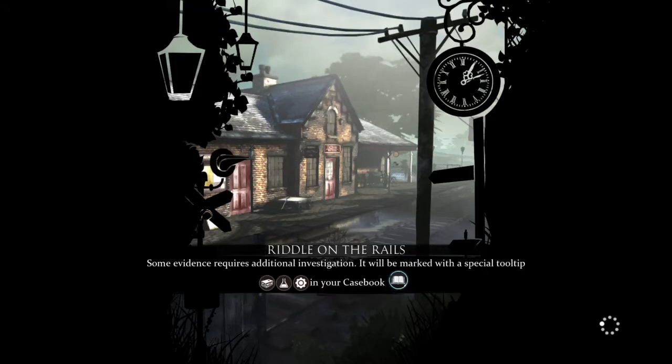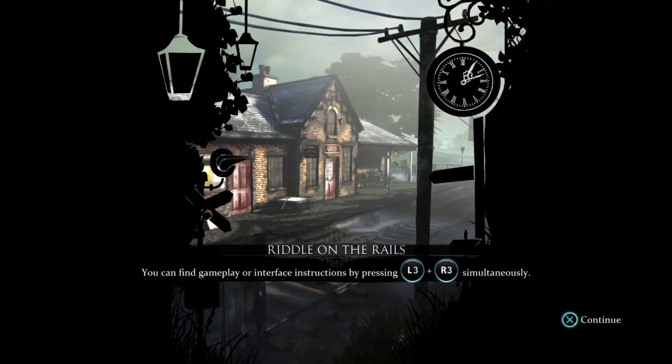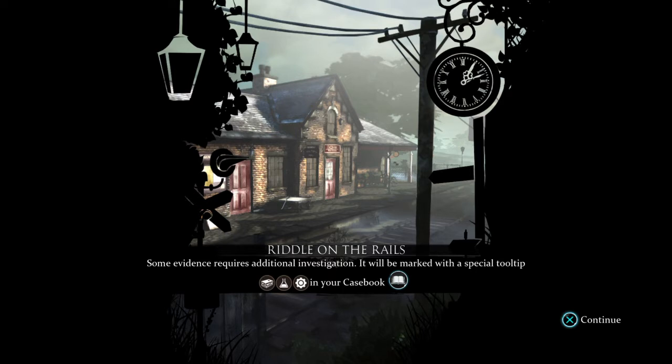Hey everyone. Okay, just about to begin the riddle on the rails. Now, I actually looked up the solution for the experiment. I'm sure it's just me, but I hope that's not the case. But if it apparently is just my interpretation, quite possibly. But you see, I looked up the solution and, according to the rules that had